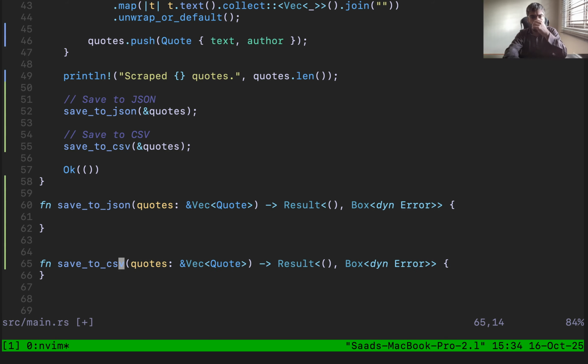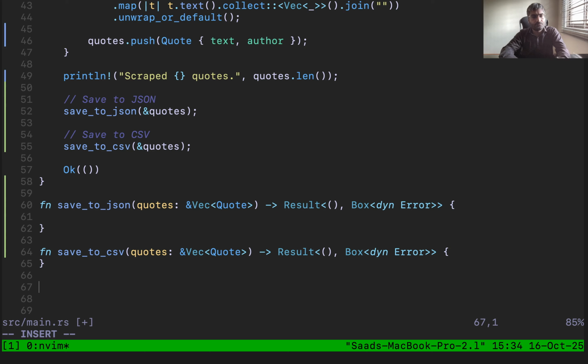Okay, and everything will be similar to the JSON function. So now we have both these functions. So for the JSON part, let me open this JSON documentation, and let me go to the function. There is a function called